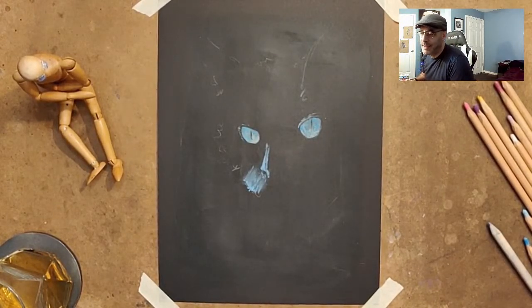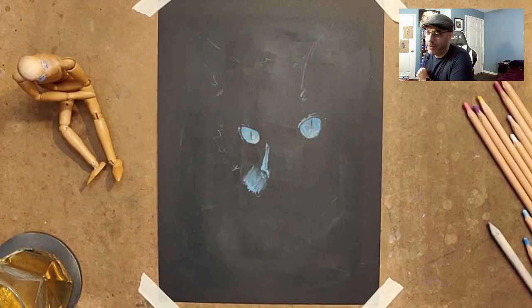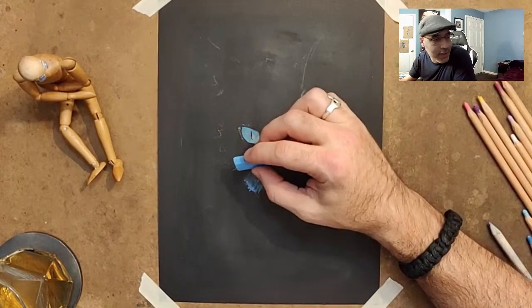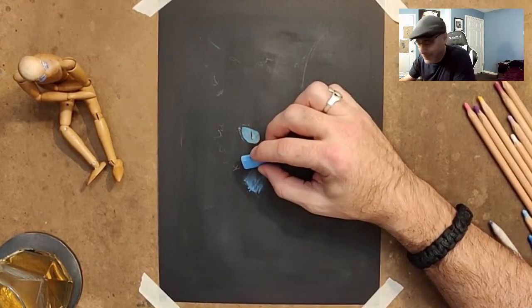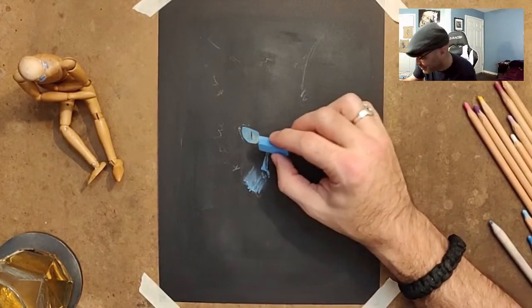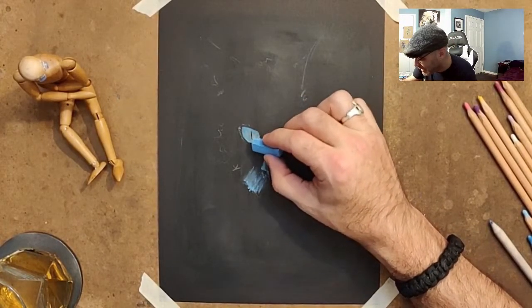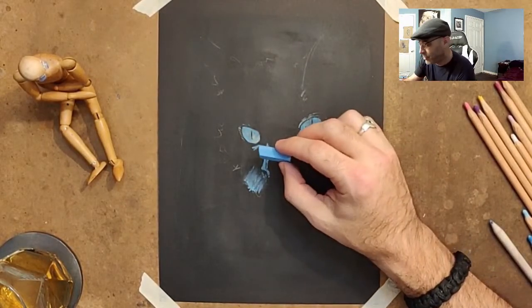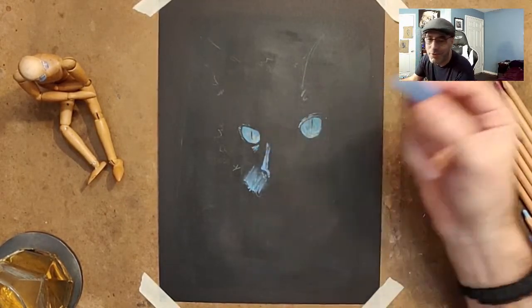I'm so excited to see how it turns out. I've done quite a few of these, so I encourage you to go back and check some of them out. Don't check out the bad ones, only the good ones, because there are probably some bad ones. But I like that contrast. A lot of times I draw in white pencil on black paper, which I'm doing color here, but that's kind of like